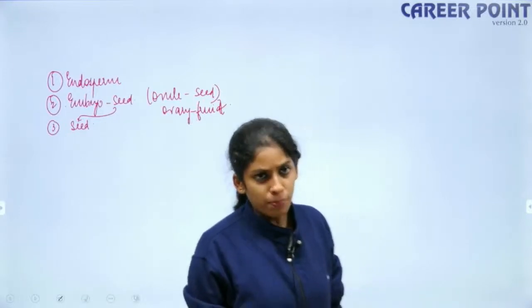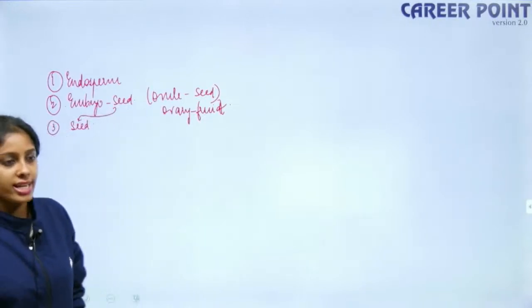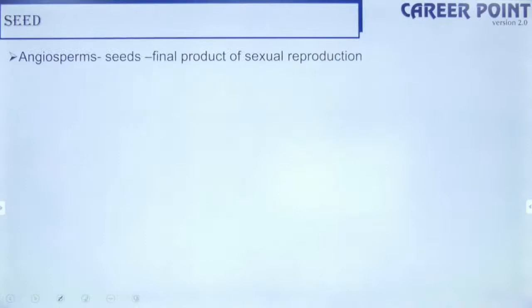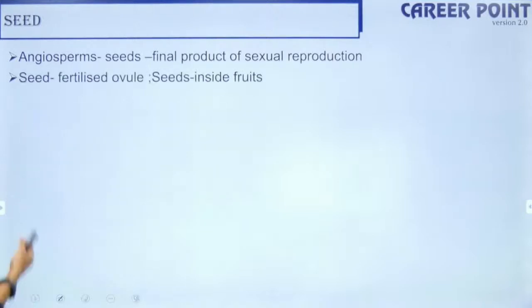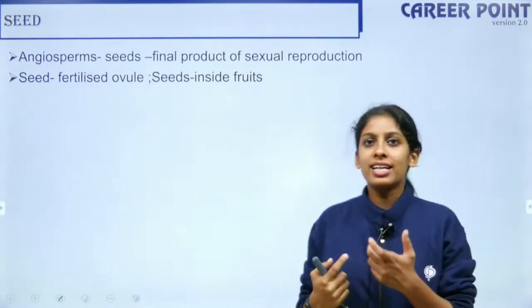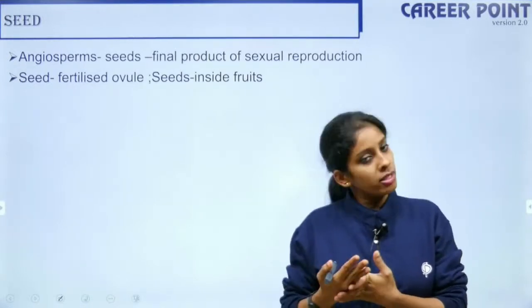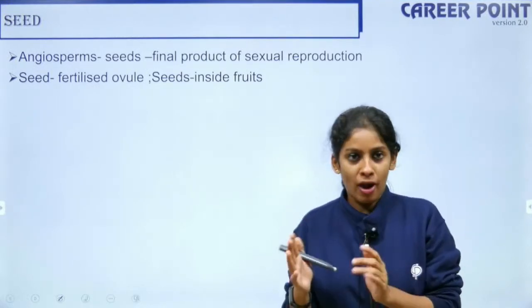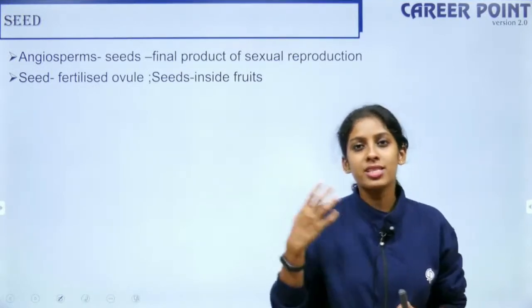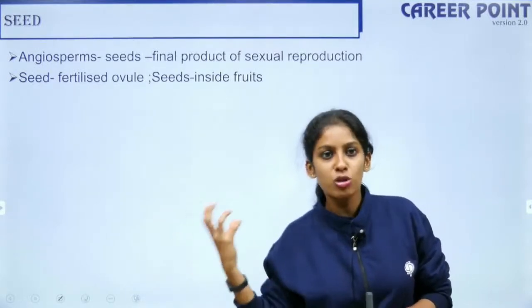Is there ploidy of coleoptile? So coleoptile is 2n. Okay. So the ploidy of coleoptile is diploid. Alright. So moving further, seed. So the angiosperm seed is the final product of sexual reproduction. So the seed is formed from the fertilized ovule, and the seed is inside the fruit. So the radicle is root, radicle is diploid, then the plumule is shoot, that is also diploid. Okay. So only gametes are haploid. After fertilization happens, it is diploid. So the zygote is diploid. The zygote develops into the embryo, so that is also diploid.